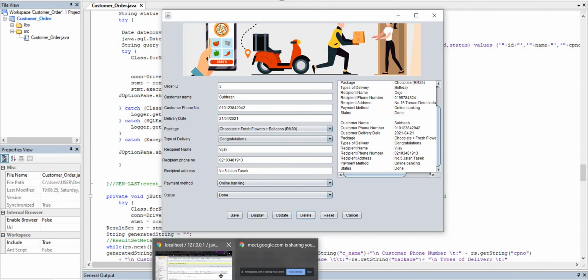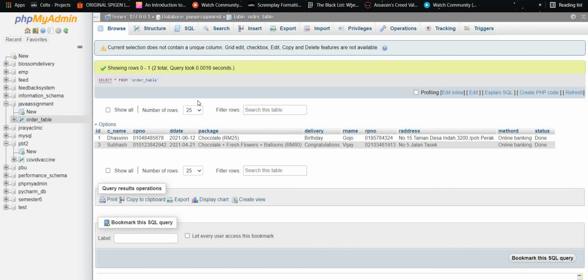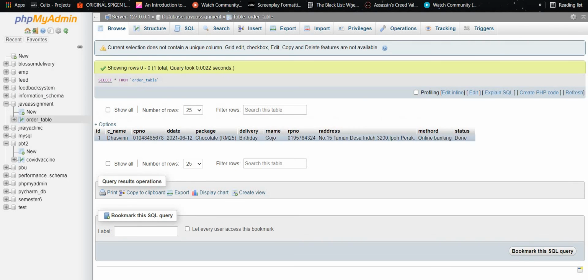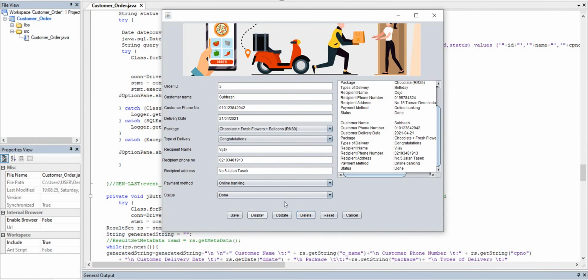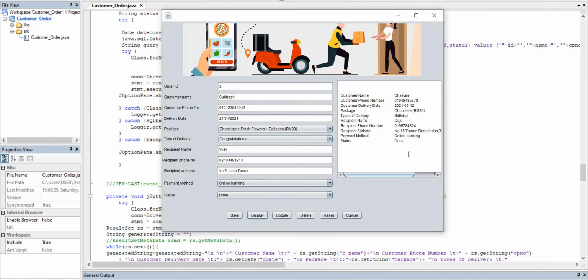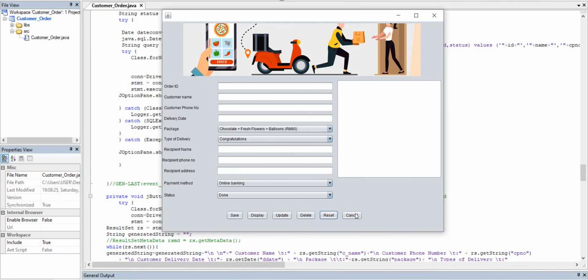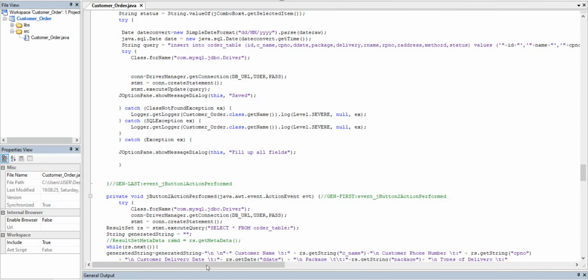Okay, here we can see the delete function, which means the data will be gone. And here also we can see the previous data. Here the reset button, all will clear, and the cancel, the output cancel. That's all from us, sir.